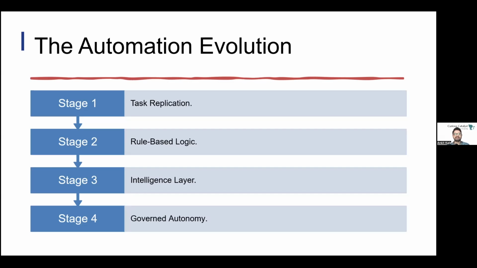Then there is the third layer, which is stage three. We call it the intelligent layer. This is where you need systems to handle ambiguity, to evaluate situations that don't fit your rules, to categorize based on context, not keywords. And this is where almost everyone gets stuck. Why? Because rules cannot handle ambiguity. Rules need exact matches, clean data, and predictable scenarios. The real world is none of those things. And of course, there is stage four, which is governed autonomy. This is the goal.